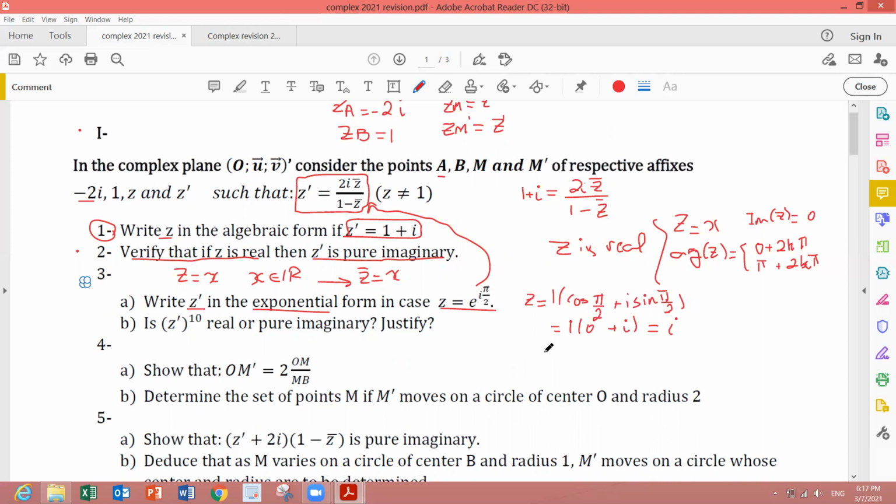So z equals i, z bar equals minus i. Now we replace z bar by minus i in this relation to get,